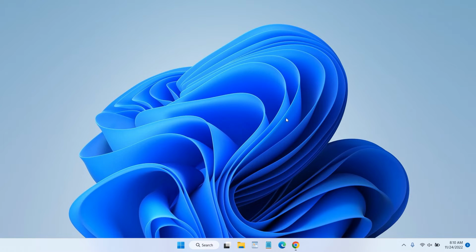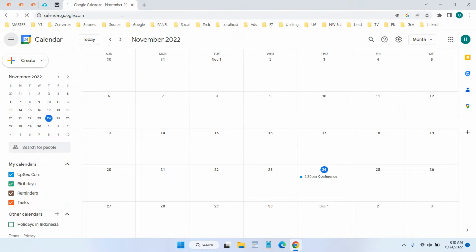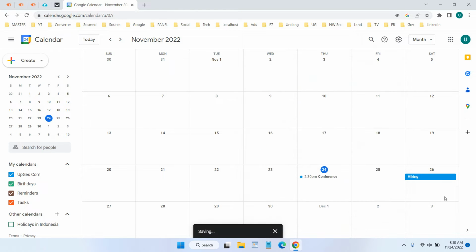In this video, we will show you how to share Google Calendar. To share our Google Calendar, first, we open our calendar at calendar.google.com. Then, if we create some event, for example, on the 26th, we create an event for a holiday, for example. And then in here, we want to share to another people or